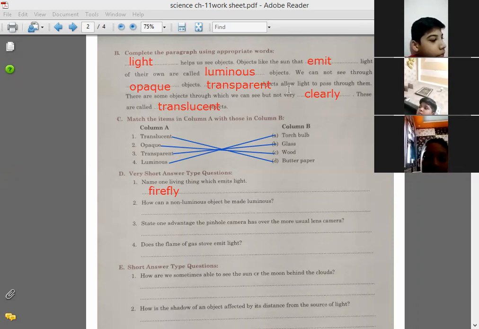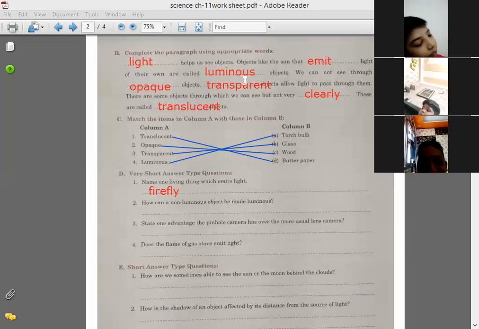Puneet, speak loudly, a little bit. Anybody else can give the answer. Yes, Vedic. Ma'am, when the light falls on the non-luminous object, it reflects the light. Only then we can see those.